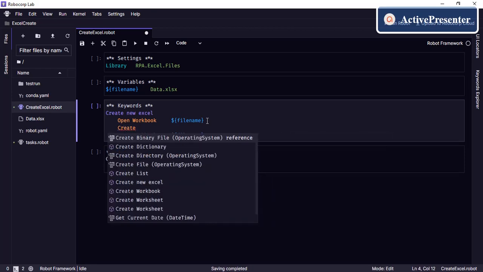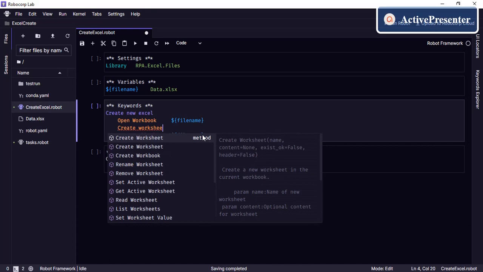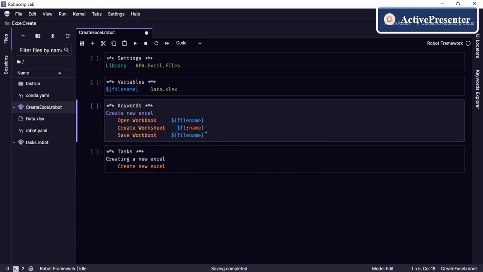So check for the keyword which is create worksheet, and you can see here the create worksheet method, where it has 4 different arguments which we discussed: name, content, exist okay, and headers. So let's see how we can pass them. We are not going to pass like this. There are several ways to pass the values. First, we are going to give the name, which is data,